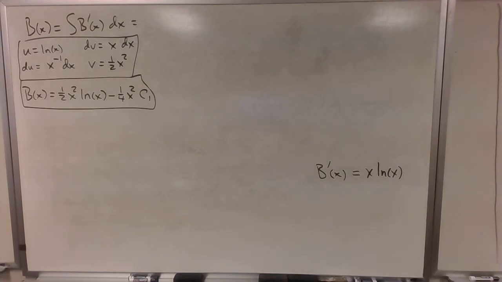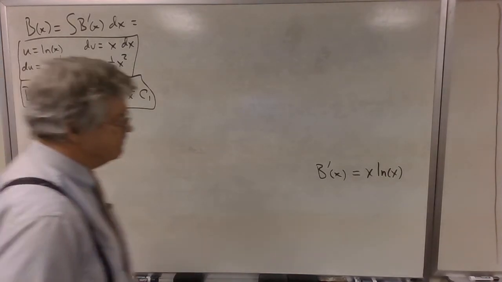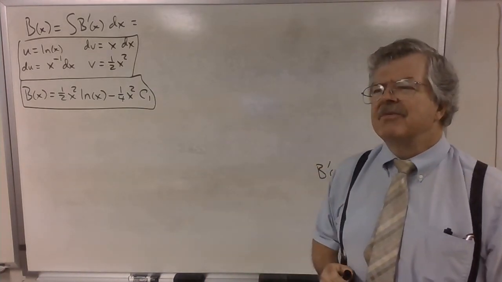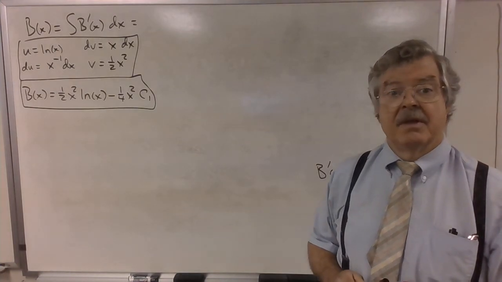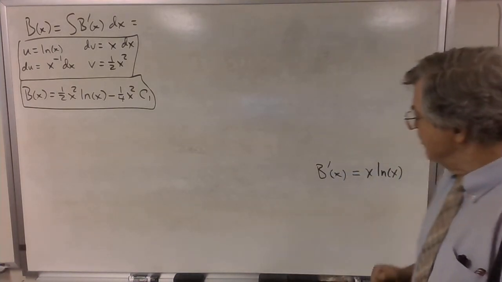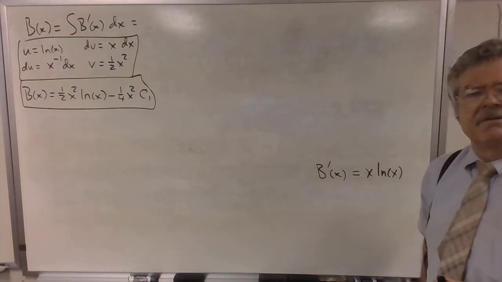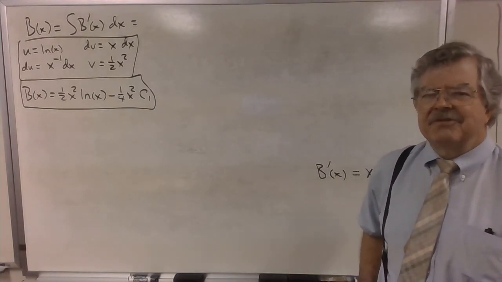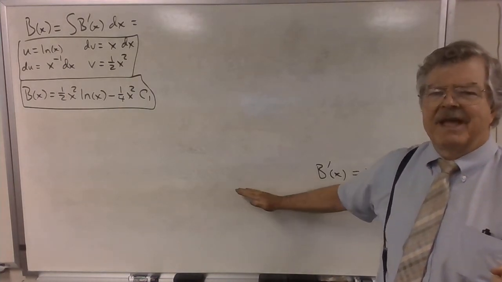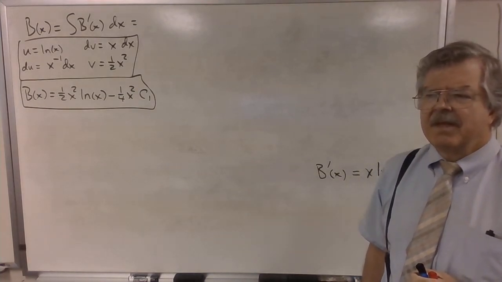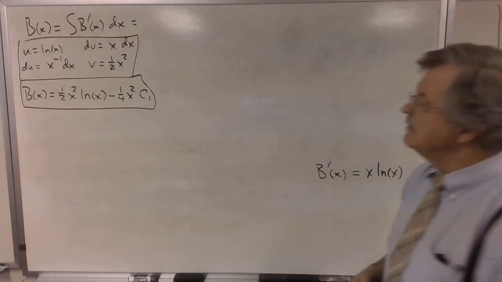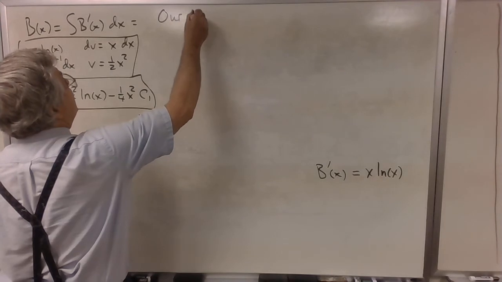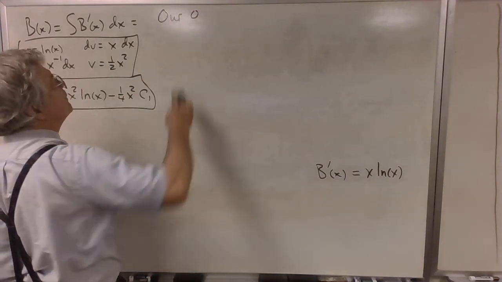Now, how do we get a of x? When we plugged all of this junk into the original differential equation, we were left with b prime of x equals x natural log of x. I don't see us getting anything that will give us a prime of x other than the fact that our second restriction